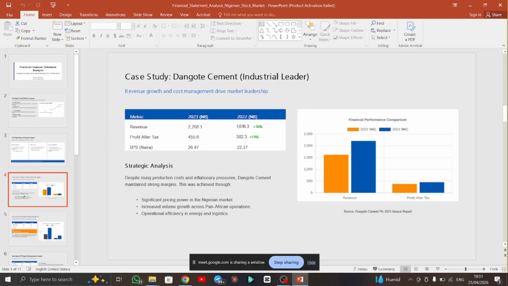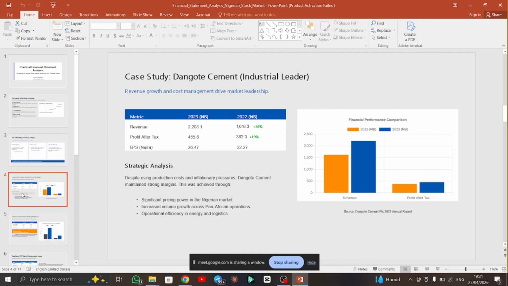Now, if you look at this data, you see that there is a comparison between 2023 and 2022, right? This is the revenue, that's the amount of money. This has to do with the income statement, right? I told you guys it's divided into three. We have income, the second one that has to do with health, and the third one, which is the cash flow. When you look at the comparison of their revenue between 2023 and 2022, you see that their revenue increased